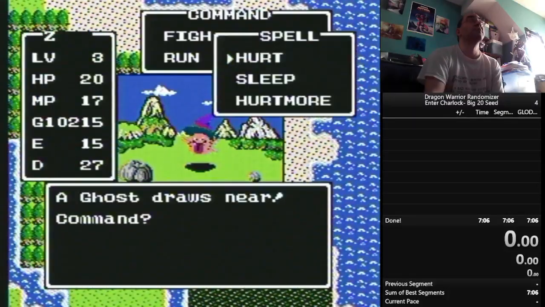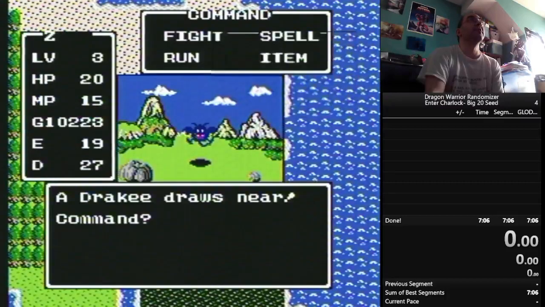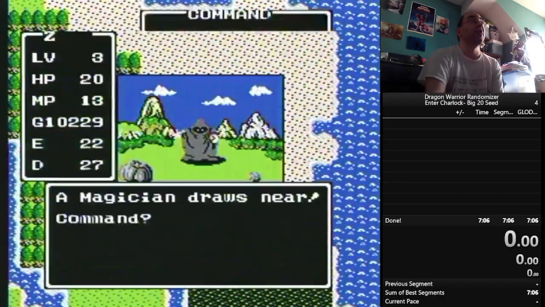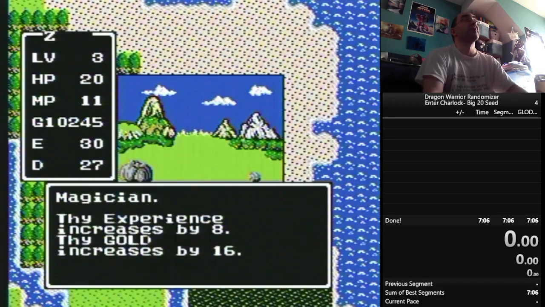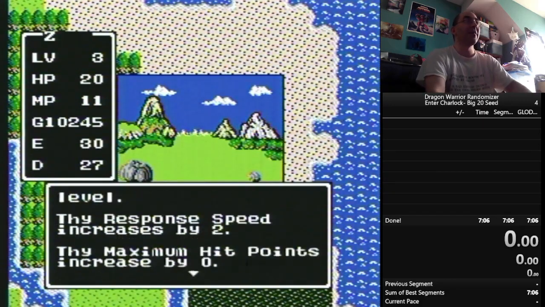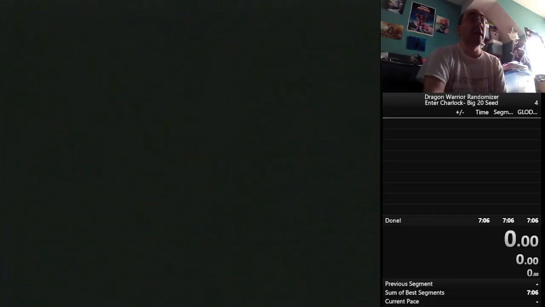Let's actually do this. I think it's level 4 where you get heal. So ghosts and Drakeys, both very easy enemies. You can just cast hurt on them. Ghost is actually an okay battle to fight at level 1 if you want to try it. Be aware they do also have the hurt spell. Okay, so that gets us level 4. Or it should. 0 power! Oh, I love it! There it is. There's the heal spell. Okay, so now what we're going to do...